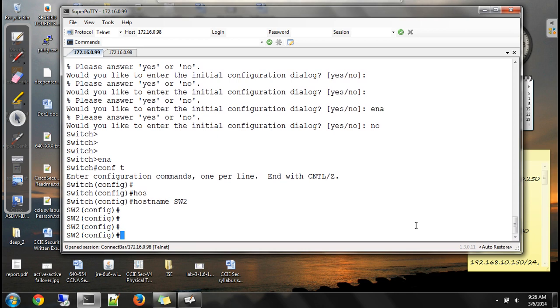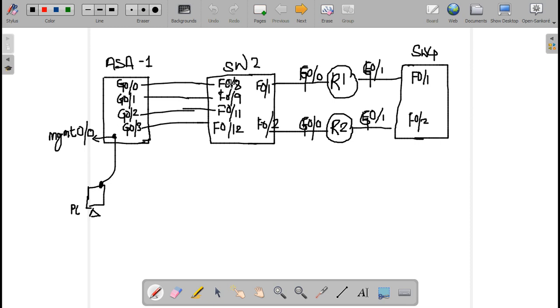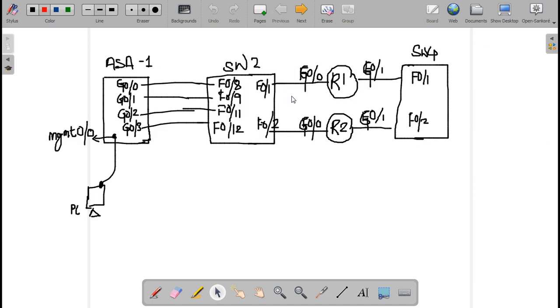All right. So on switch 2, what are the interfaces? Take a look. On switch 2, the topology is this, that R1 G0/0 and firewall G0/0 both should belong to VLAN 10. So let's do this. Find out where R1 G0/0 is. R1 G0/0 is on port F0/1. So it means port F0/1 on switch 2 and port